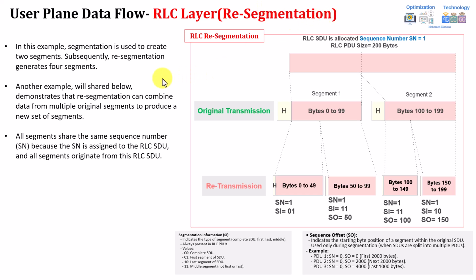Again, here, as you can see in this figure, I assumed that in the original transmission, the RLC was segmented into 2 buckets. So the example here highlights that two segments were created from the original segment. So this was the original transmission, which has a segmentation. Assume now there was a failure and the receiver didn't acknowledge that one. Now the RLC layer needs to do the retransmission, and this was not even successfully decoded by the HARQ as well. So it required RLC retransmission.